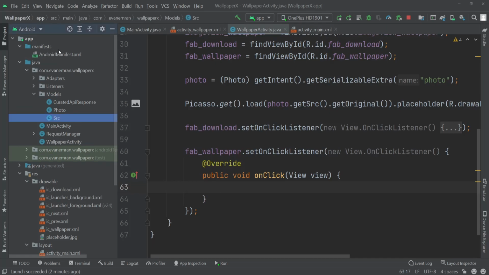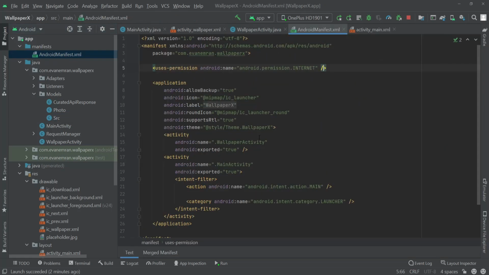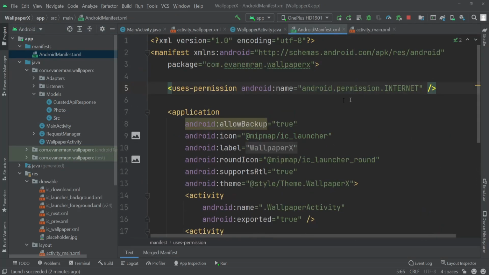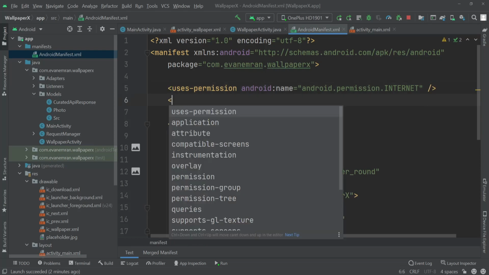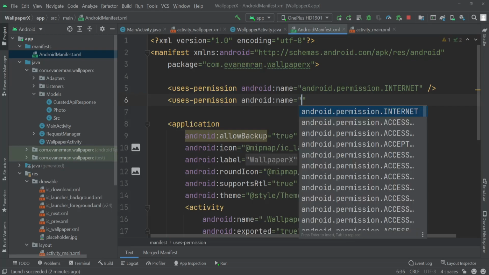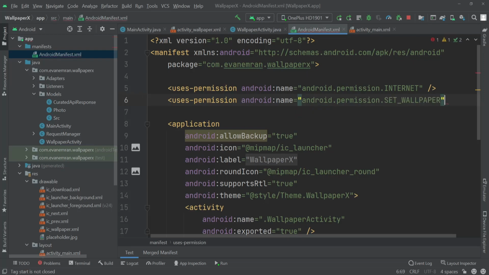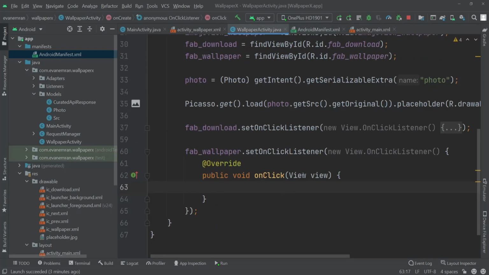So I'll go inside the Android manifest.xml here, and where we defined our internet permission, I'll go right after that and write uses permission, and here I'll set the permission for set wallpaper. Okay, this one, android.permission.SET_WALLPAPER. Make sure you add that to your manifest, otherwise you won't be able to change your wallpaper from your app. Okay, so now that we have added it, we can go to our wallpaper activity, and here we'll start our coding